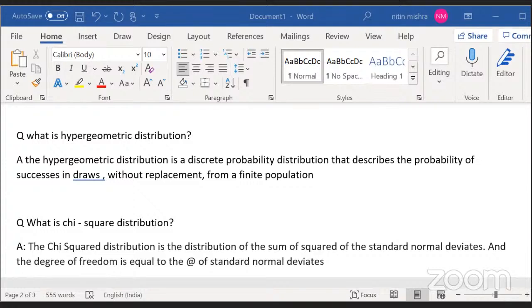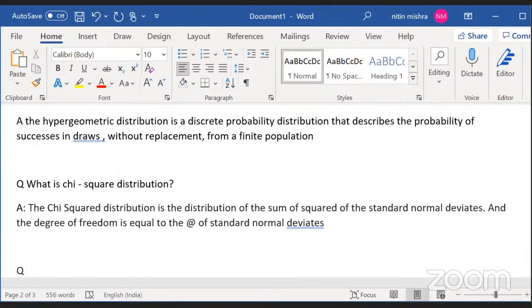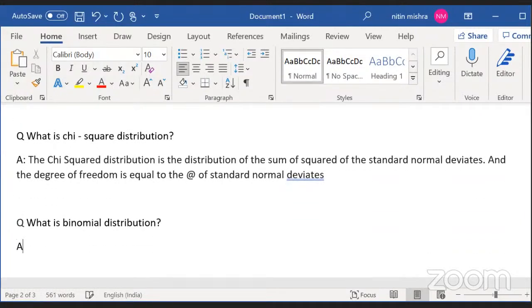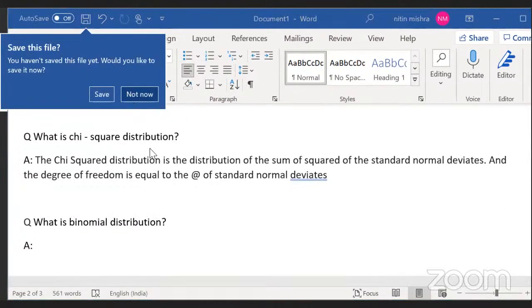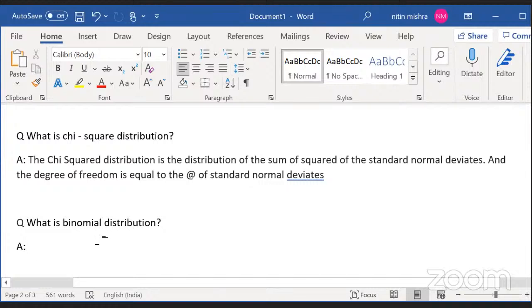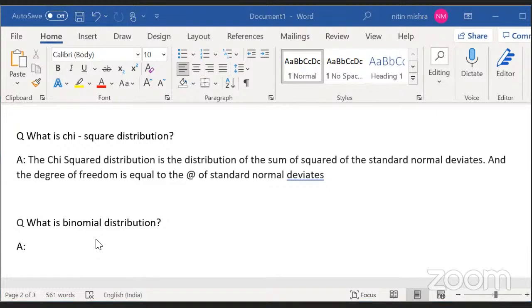So let us take it down a notch. What is binomial distribution? A binomial random variable is a random variable